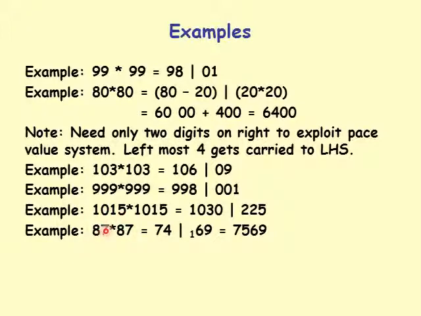Let's continue here. Example: 87 times 87. Let's consider a base of 100. So minus 13 is the deviation. Double that, I get 100 minus 26, which is 74. On the right, it's 13 times 13, 169. I only need 2 digits on the right because base is 100. When I multiply 74 by 100, I have 2 zeros, and this has to fit within those 2 zeros. So the 1 gets carried to the left. So the answer is